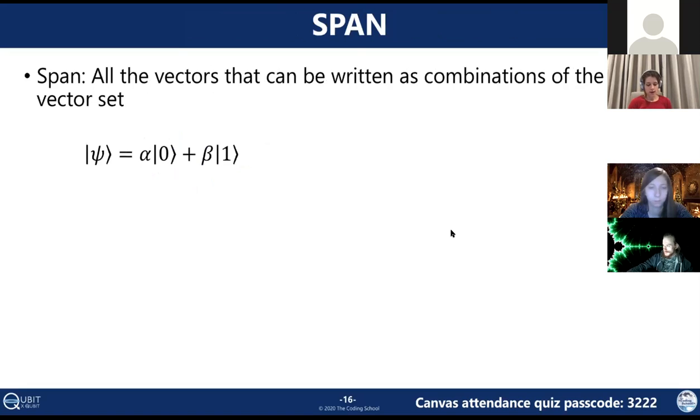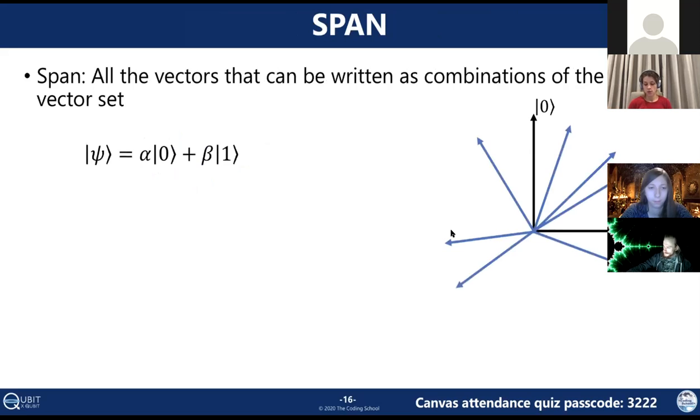Okay. We also have the concept of a span, which is all the vectors that can be written as combinations of the given vector set. Like I showed before, the span of 2 linearly dependent vectors is just that line in space. But if we have these 2 linearly independent vectors, we can describe everything in 2D space with those 2 vectors. But again, these are 2-dimensional vectors, so you can only describe 2D space with them, or you could describe a plane in 3D space if you wanted, but